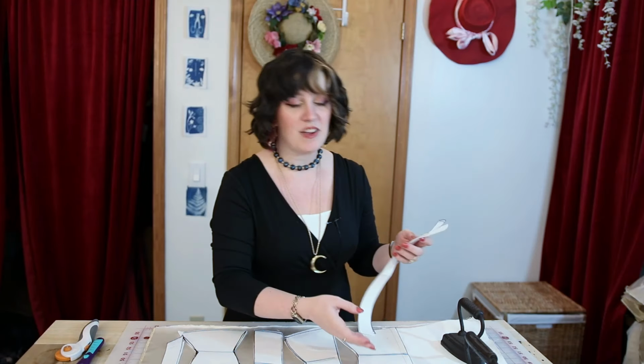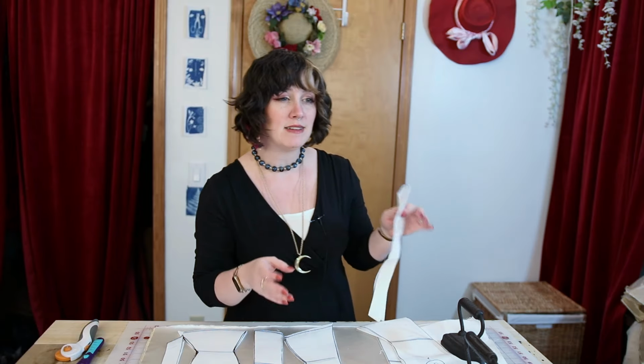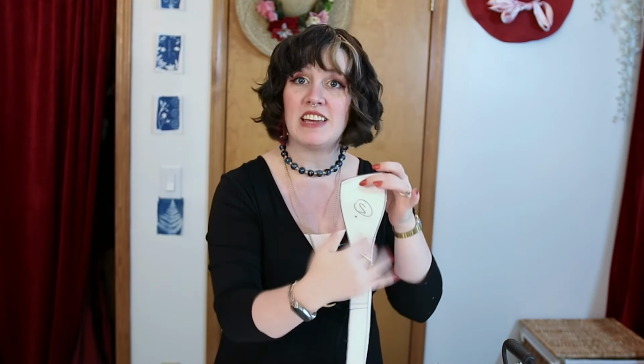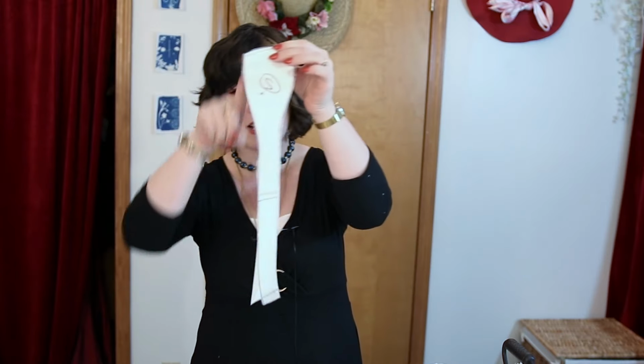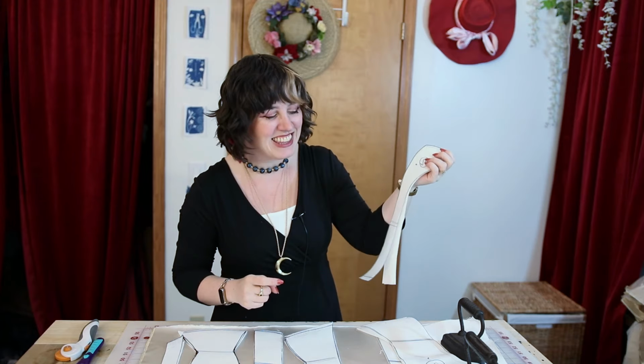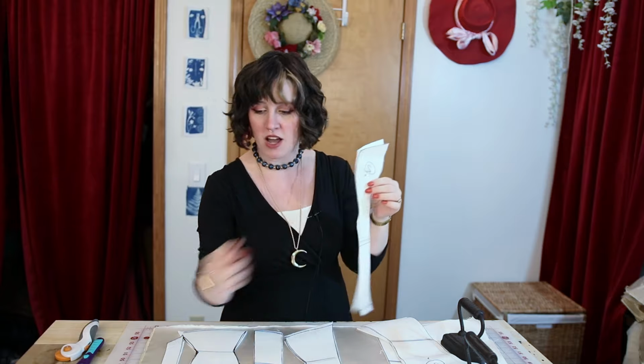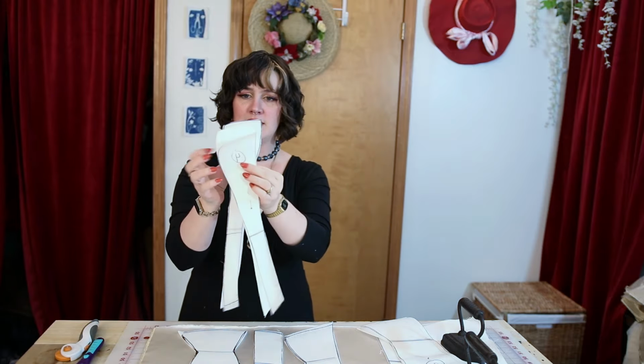Now that said, if you're going to do any sort of embellishment on your corset that might eat up extra room, like if you wanted to do cording or some quilting, you might want to actually cut out your pieces a little bit bigger than you think they should be, do your embellishment, and then cut it out again afterward. Speaking of which, I think I am actually going to give it a try to do some cording on the bust pieces that are kind of